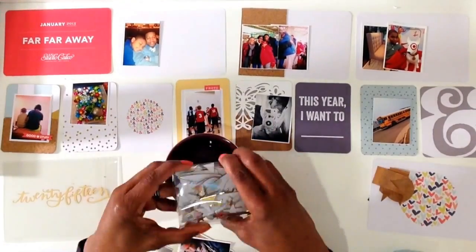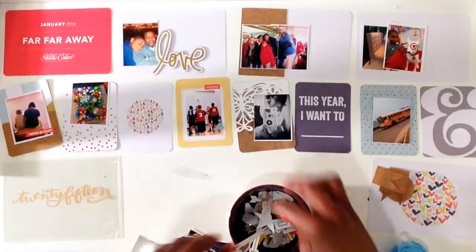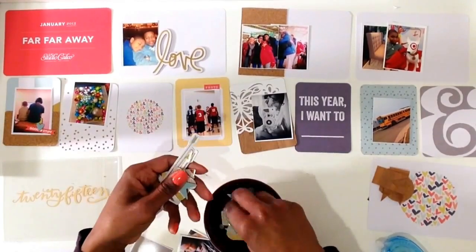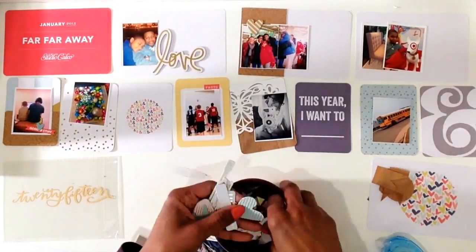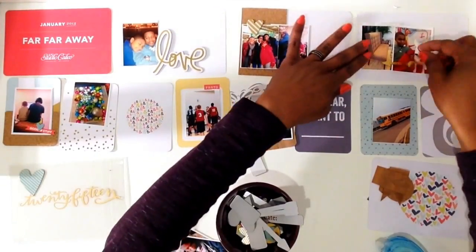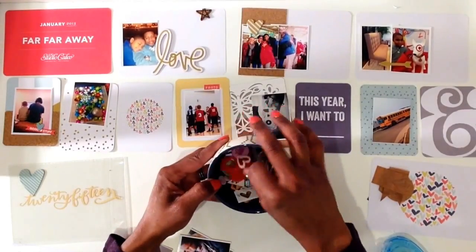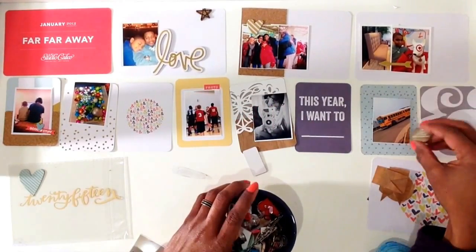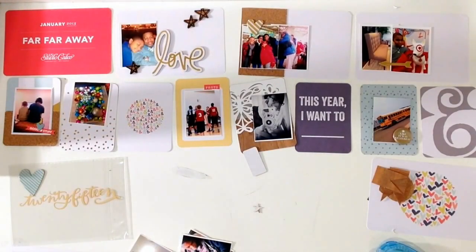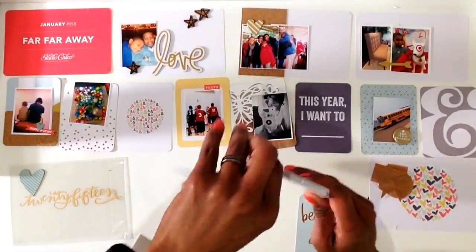In addition to the 3x4 and 4x6 cards that come in the Becky Higgins collection, there are also some embellishments: gold foil stars, a few words, and some arrows, all very nice accents to the Project Life cards. I just dumped them all into a bowl so I can easily put my fingers on them. I also have another bowl of thingamabobs, thingamajiggies, and whatchamacallits from random kits, so I'm looking through that as well for some odds and ends that I want to use on